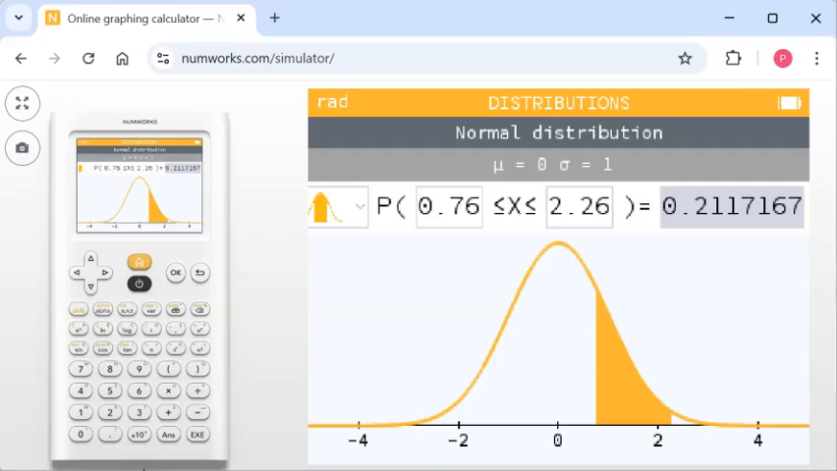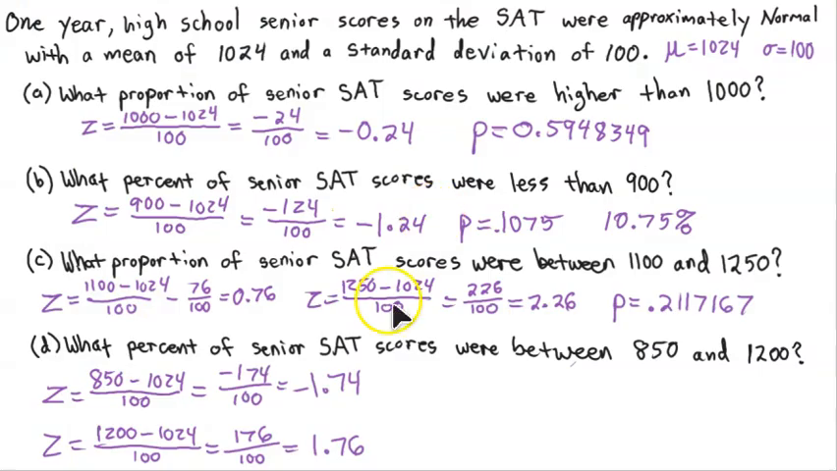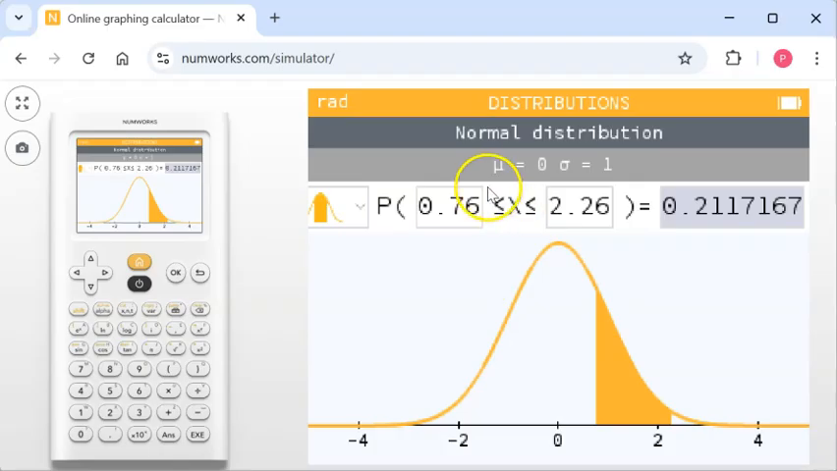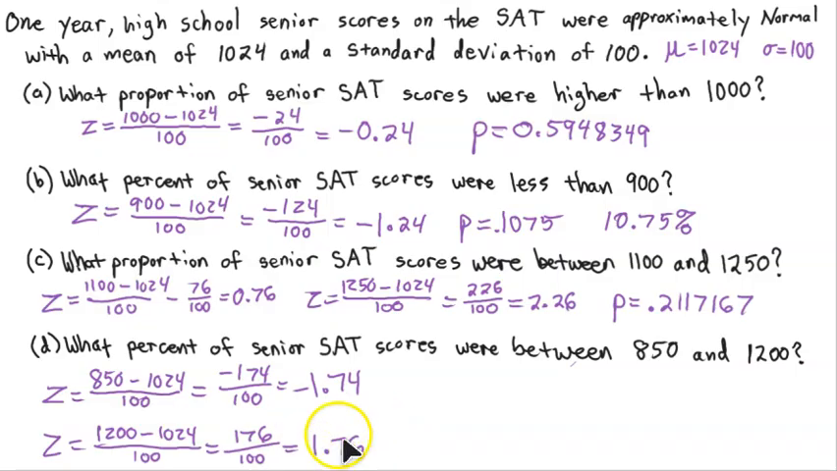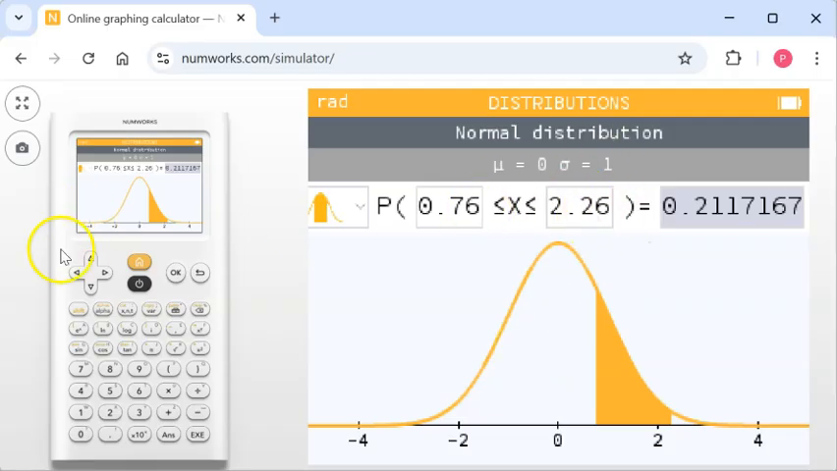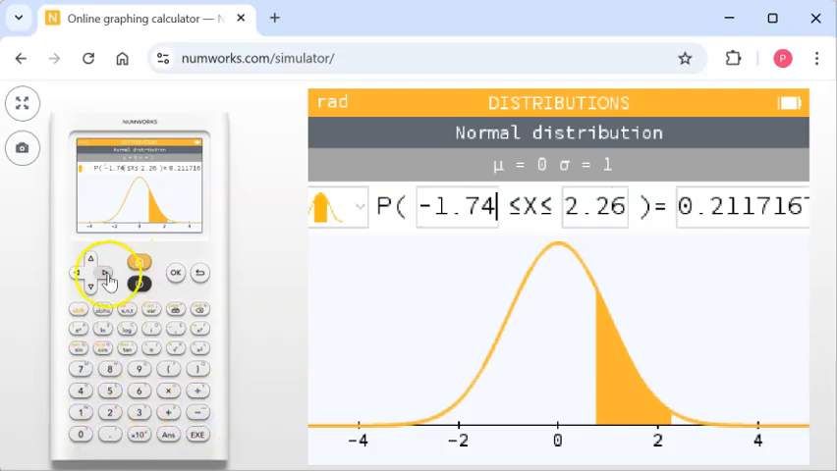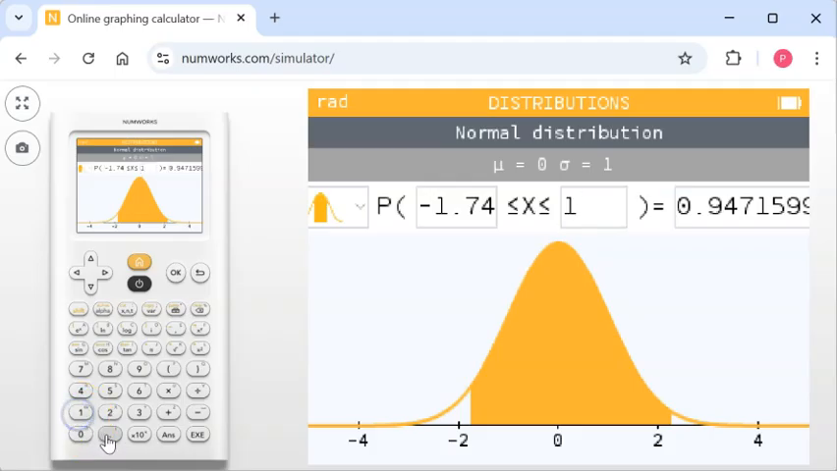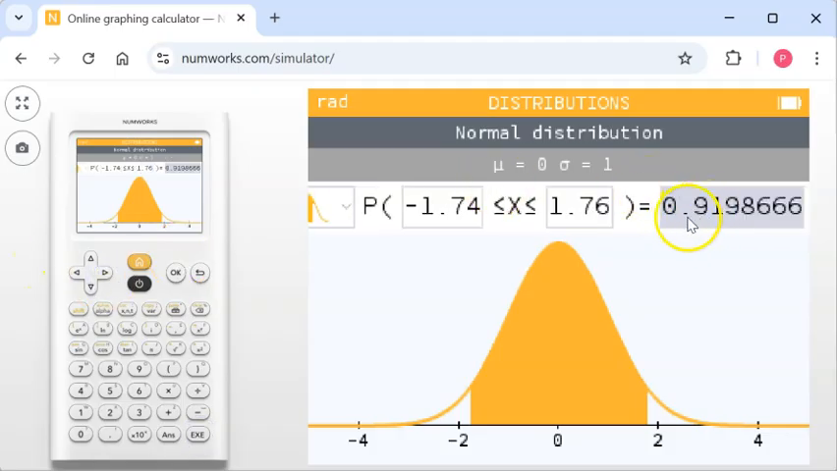Okay, and we're going to do the between again, which I think we already have prepared in our calculator. We sure do. So really what we need to do is put negative 1.74 here and positive 1.76 right here. So let's come here and we'll put in negative 1.74, and then in here we'll put positive 1.76. Press execute, and look at this. Here's our proportion. 0.9198